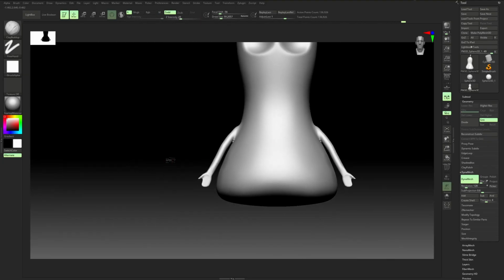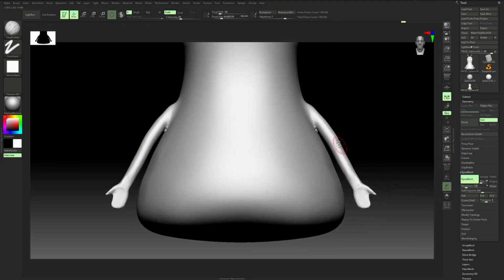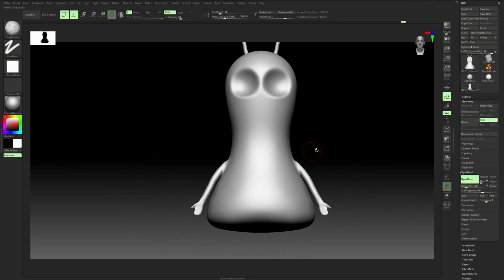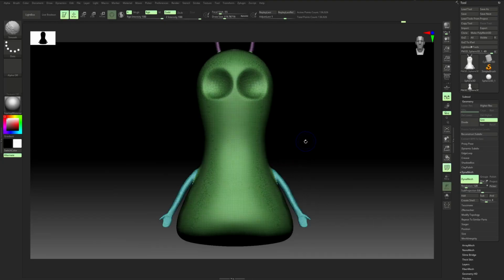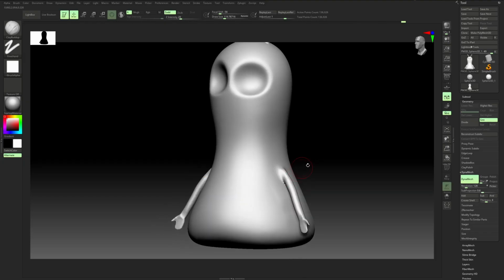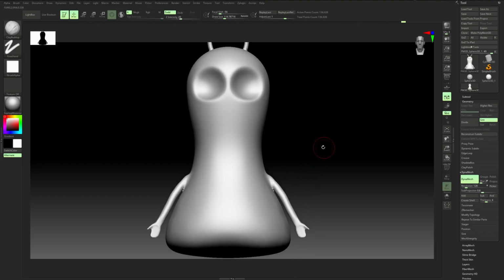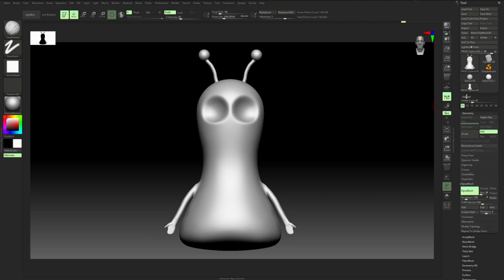So what I can do here is to give this character a little bit of form, but it's a little bit too soon for now. First, I'm gonna add something on top, which is gonna be the eyes, and then I'm gonna, as the last part, I'm gonna give it a pose to show you how it's gonna look. So to add eyes to the character, I'm gonna tell you something about subtools, which is